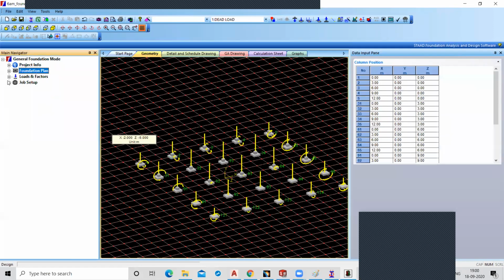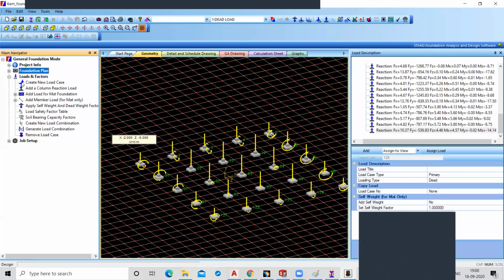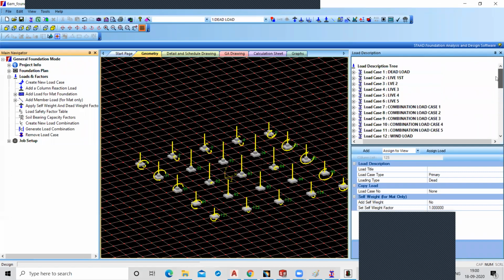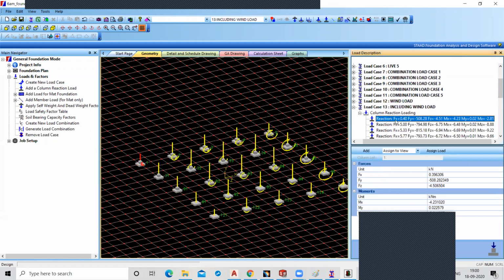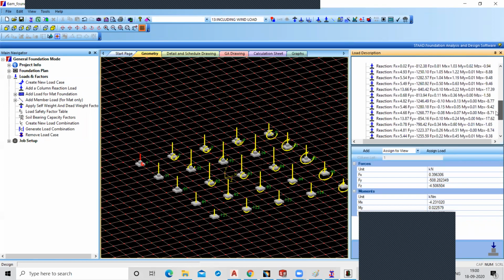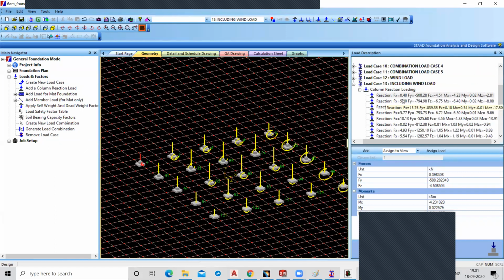Now the next option is what? Loading and factor. So see, here we have all the reactions on the columns. See the reaction in Fx, Fy and Fz, and Mx, My and Mz for each and every support. Do we need to add any other load also?